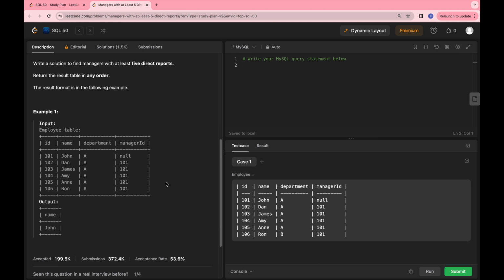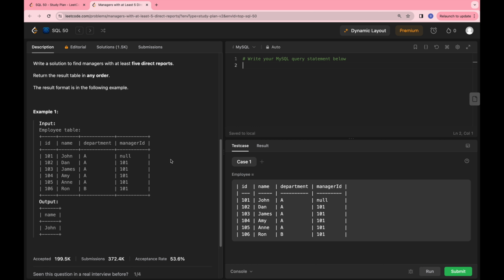As I explained earlier, John is the manager of Dan, James, Amy, Anne, and Ron, because the manager ID matches the employee ID that belongs to John, and John does not report to any managers. So in this step, I'm going to bring over the name of the manager, so you can see that